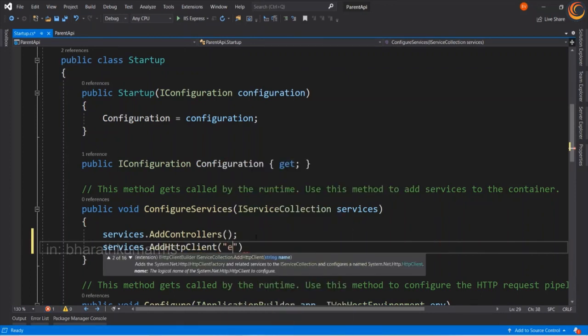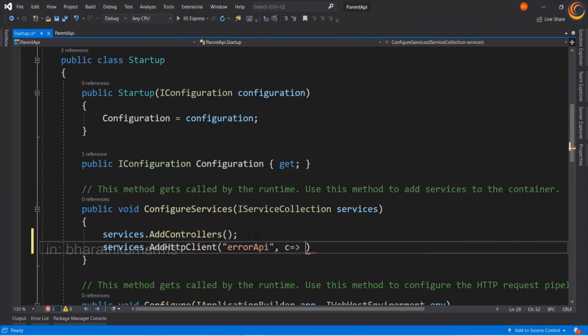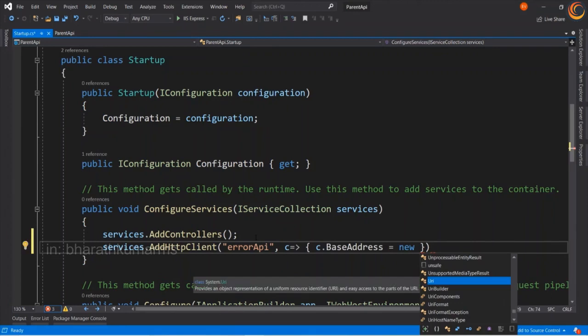Let's call it error API. We know the base address as http localhost 5000.